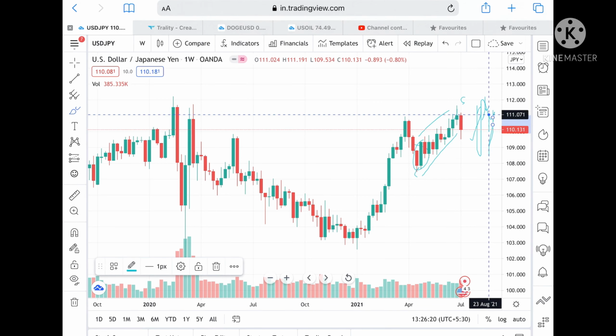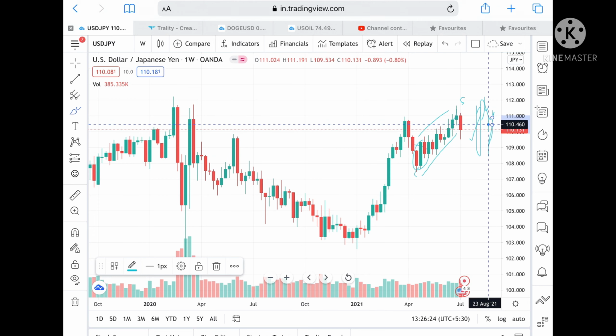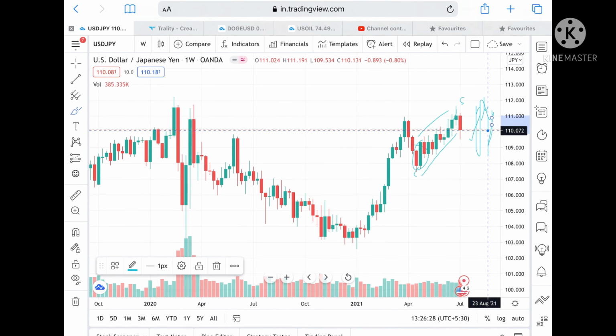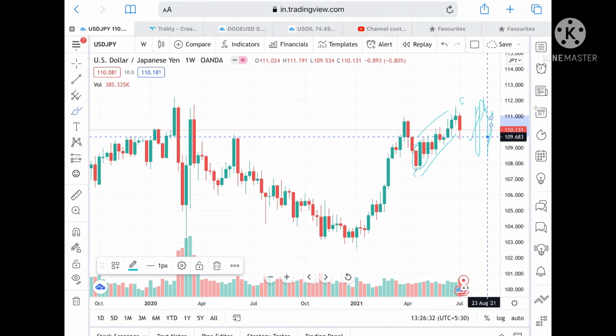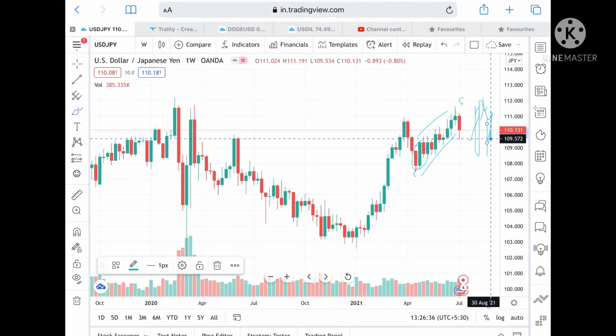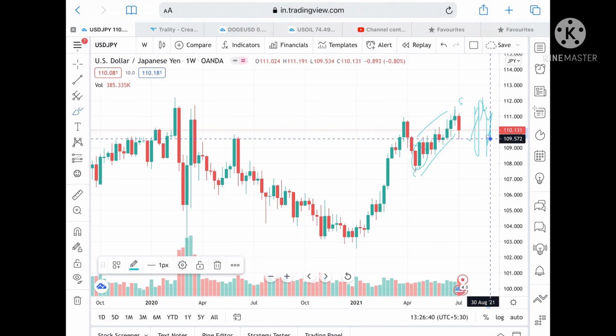And if it goes below a level of 110.349, then we can see it can go further low to a level of 109.882, or it can go to a level of 109.572, which is a very strong support. So that is USD JPY. Now if we talk about USD CHF,